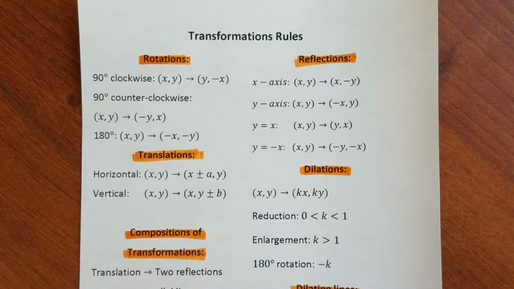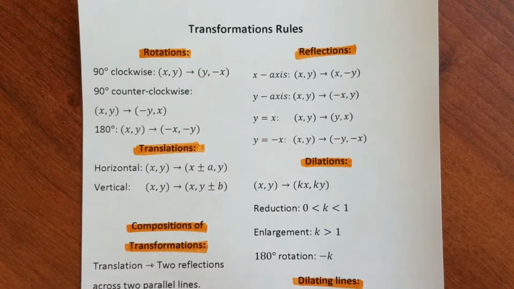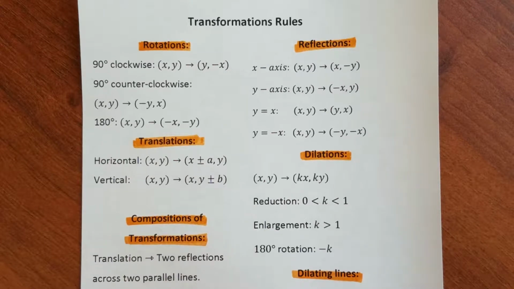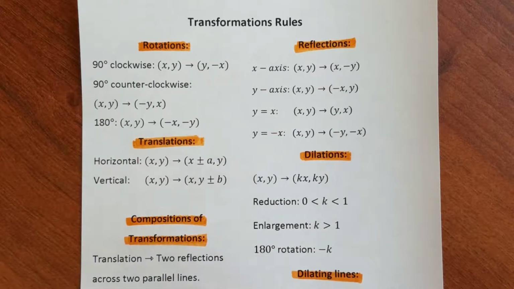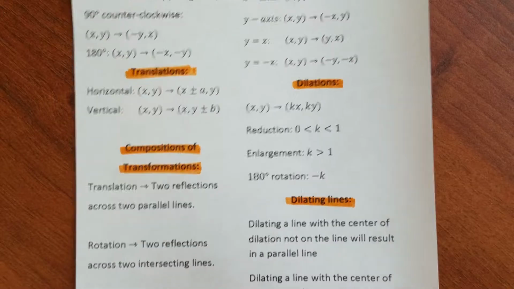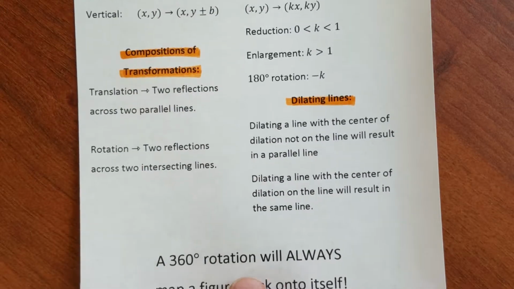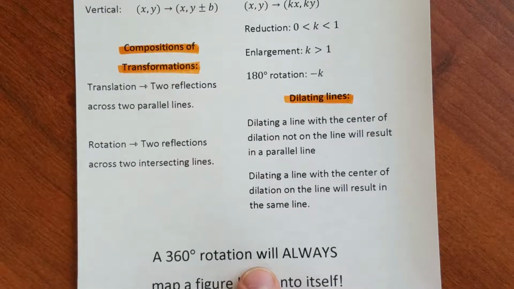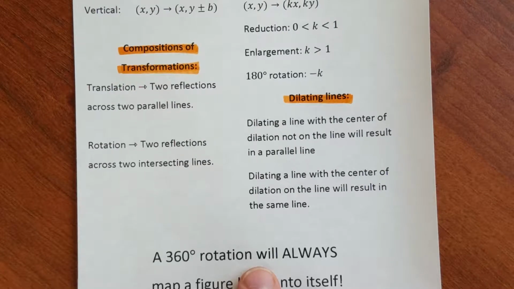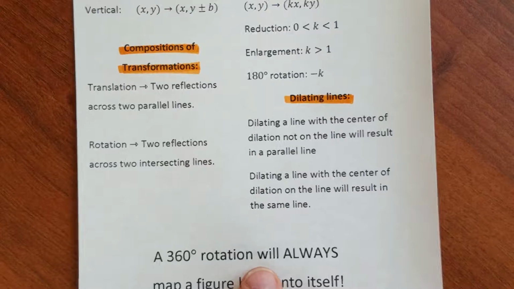This video is part 2 for the Combinations of Transformations worksheet. Before we begin actually working out some problems, I just wanted to review the rules that we've been using for the past couple of weeks. We have our rules for reflections, rotations, and translations, which are all of our rigid transformations. We also have the rules for dilations and then some facts about dilating lines and translations and rotations with parallel lines